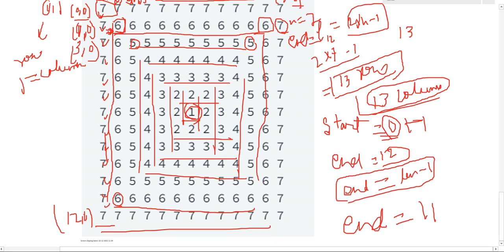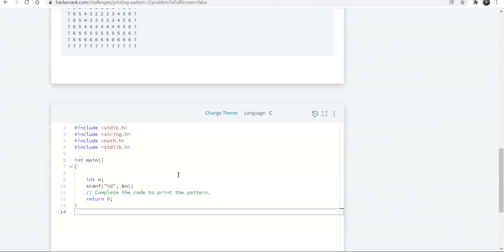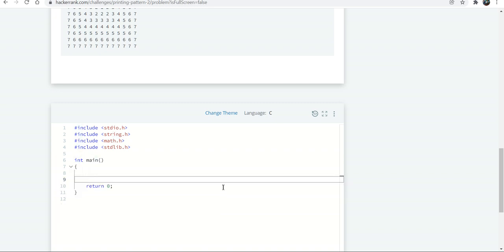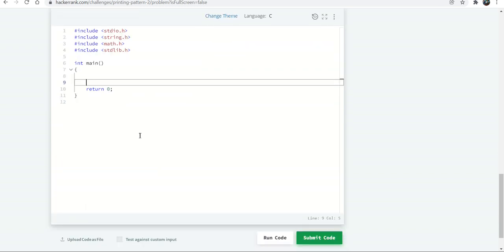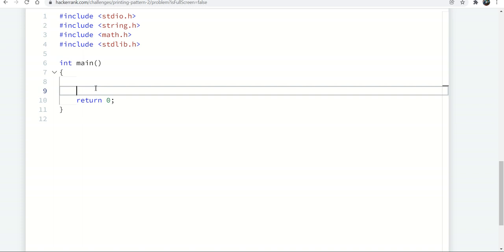Okay, now let's go to HackerRank. Let's remove all this. We'll do fresh coding. Let's zoom in a little bit so that people can see.